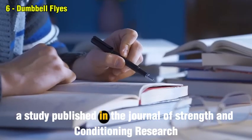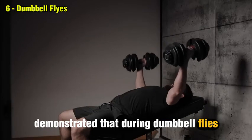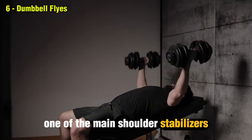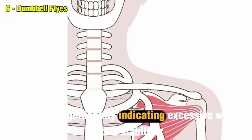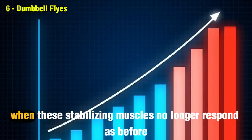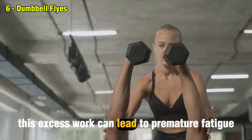A study published in the Journal of Strength and Conditioning Research demonstrated that during dumbbell flies, electrical activity in the subscapularis muscle, one of the main shoulder stabilizers, increases significantly, indicating excessive work of this stabilizer. After age 40, when these stabilizing muscles no longer respond as before, this excess work can lead to premature fatigue